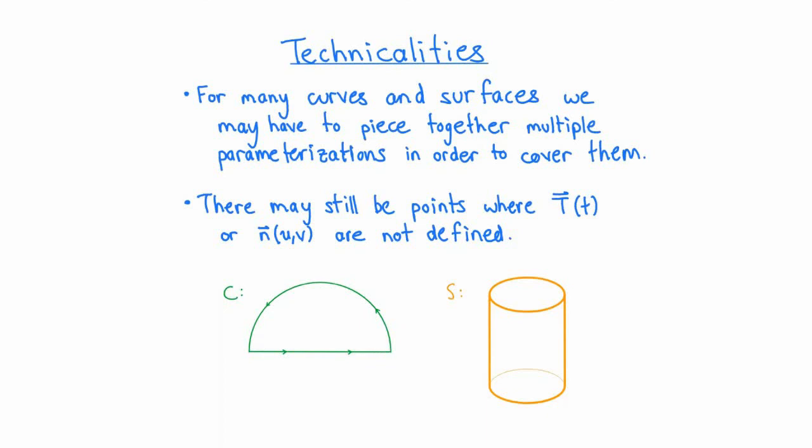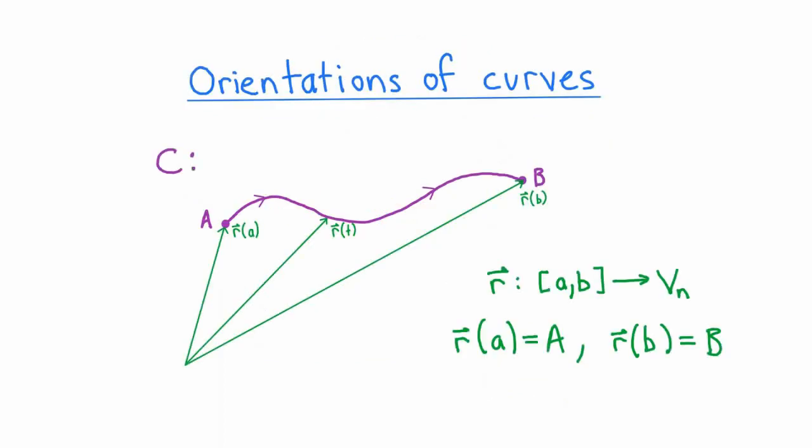In order to make that statement precise, we should now spend a few minutes to talk about orientations of curves and surfaces. If we talk about orientations of curves by themselves, there's not really a lot to say. The orientation of a curve traced out by a smooth and regular parametrization is just the direction that the curve is traced out in. The parametrization in this picture gives the curve C the orientation that goes from A to B. The other possible orientation of this curve would be the orientation that goes in the opposite direction from B to A.